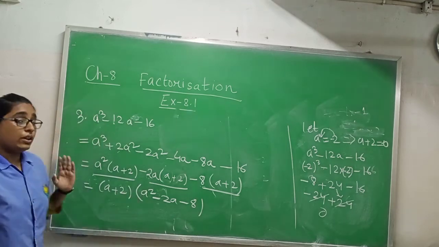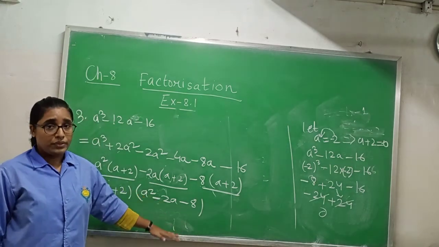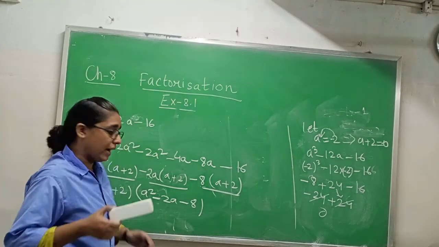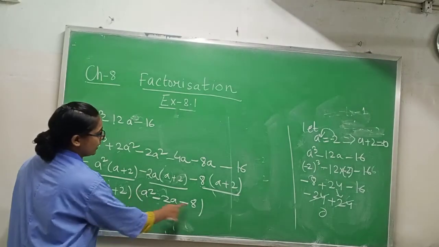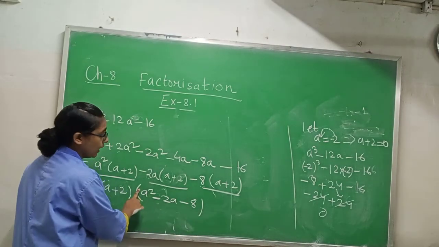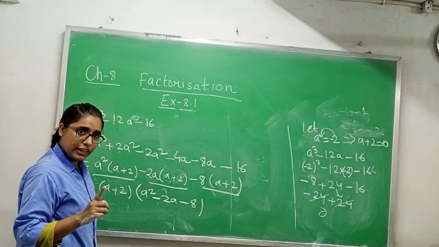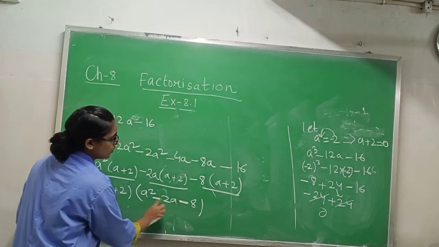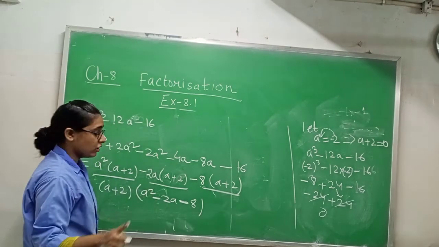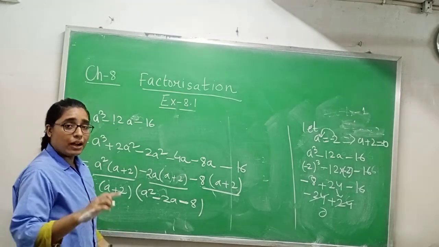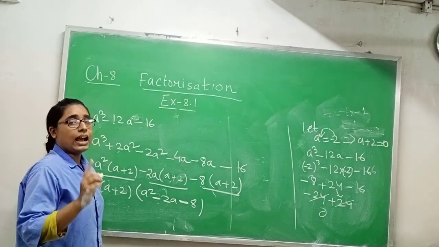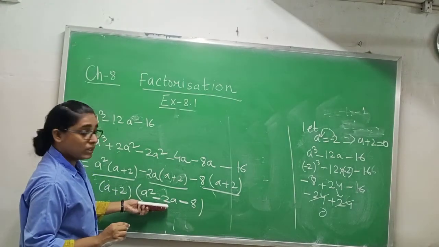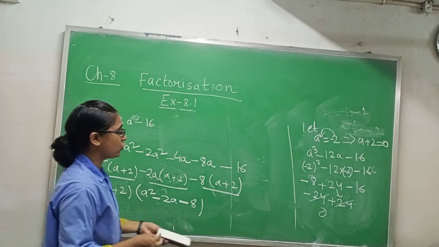Now this one is okay. If it is possible to factorize this one by doing middle term factor, then you have to do middle term factor also. Now see, here we have 1 and here we have 8. Means 8 into 1, 8. You have to take the LCM of 8, and after subtraction sign, which one you will see? This one, not this one. This one side you will see. After subtraction you must get 2. Okay. Means after multiplication you must get 8, and after subtraction you must get 2. Multiplication one this one and subtraction one this one. Means multiplication 8 and subtraction 2.